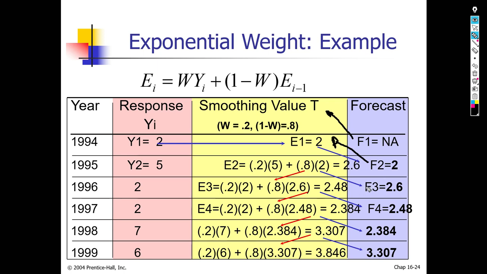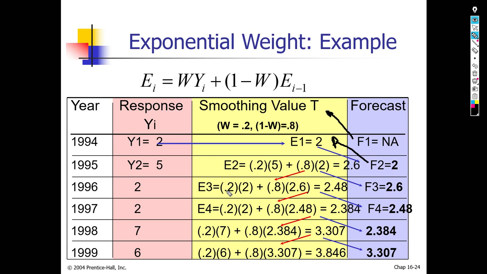And then F3 is equal to E2. So F3 is equal to 2.6 because we just calculated just now, E2 is 2.6. So F3 is equal to E2, 2.6. Now E3